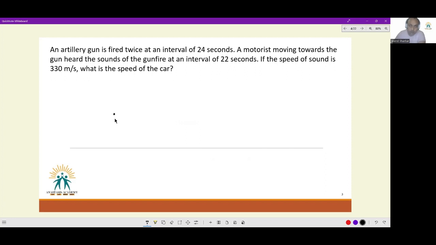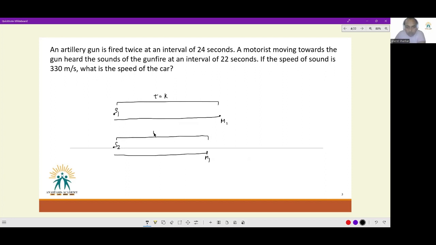The gun is being shot from the same location. So, shot one, and the time the motorist hears it, he is at some gap. This is where motorist one. By the time the second shot is fired, the motorist would have come some distance closer. The motorist is moving towards the gun. In this time, whatever time was taken, let's say K,